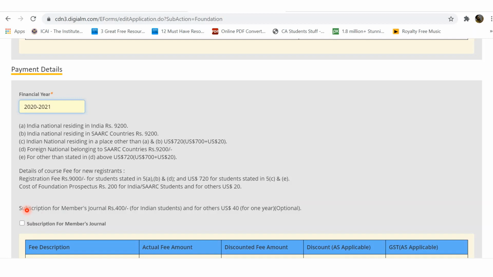At this moment you are basically supposed to concentrate on your studies first, and as you go ahead, maybe after completing your intermediate or at the time of doing the final last year of your articleship, etc., you can subscribe to the members journal. Or once you complete your chartered accountancy course, you are a fresh chartered accountant and you are applying for CA Institute membership, at that time you will go for members journal. But if any of you is very much interested in going for members journal from the first day of your CA course, you can go for it.